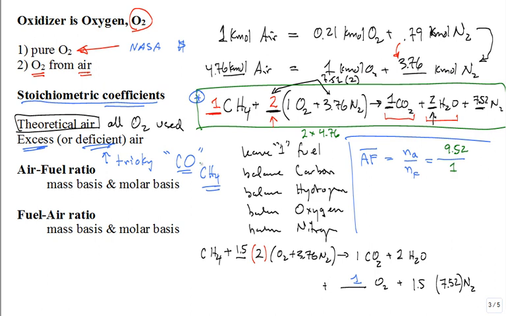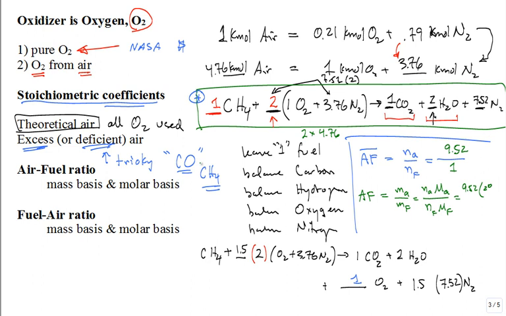What about the air-to-fuel ratio on a mass basis? Leave the bar off, air-to-fuel. Would it be the mass of air divided by the mass of fuel? Sure. Would the mass of air be the number of moles of air times the molar mass of air, divided by the number of moles of the fuel times the molar mass of the fuel? Sure. Would that be my 9.52 times, what is the molar mass of air? Yeah, around 29,